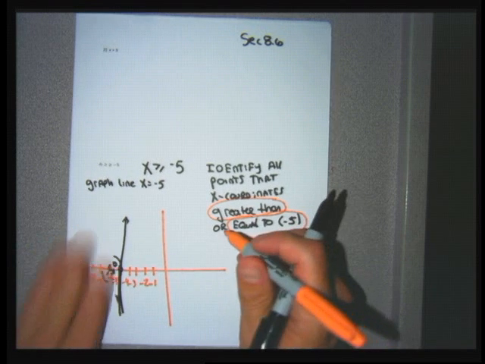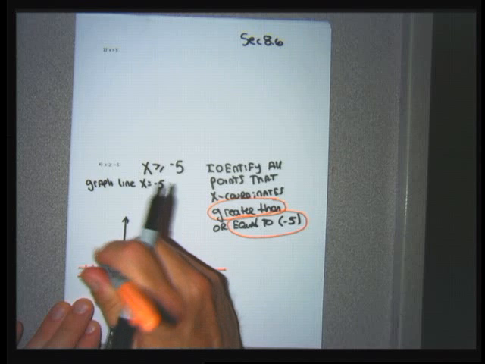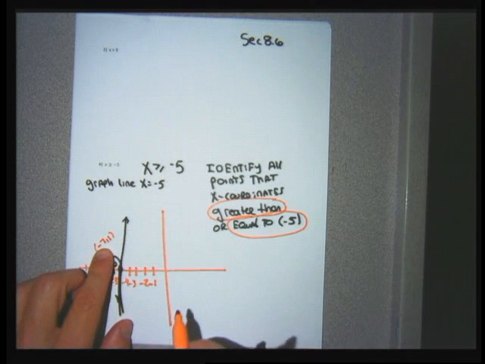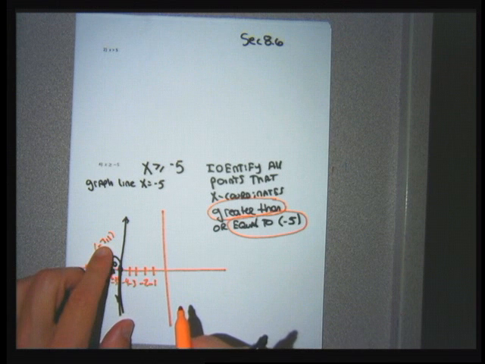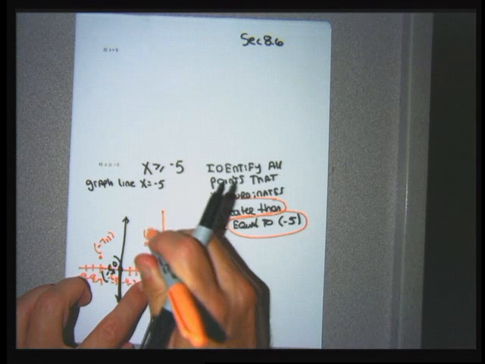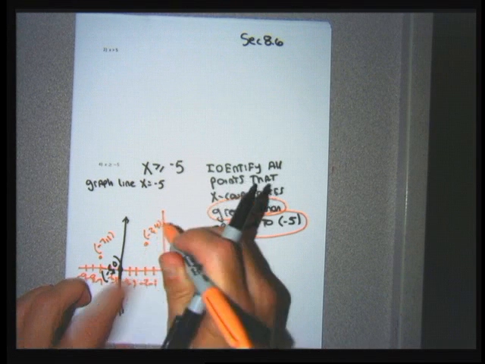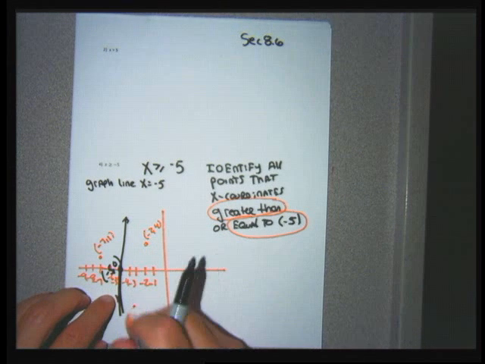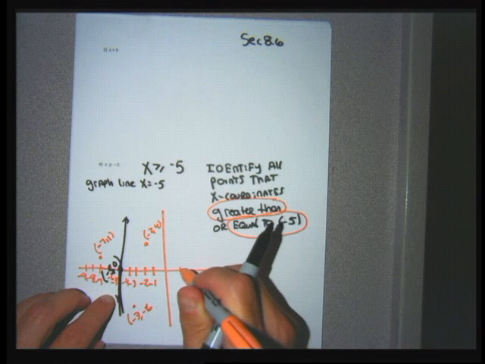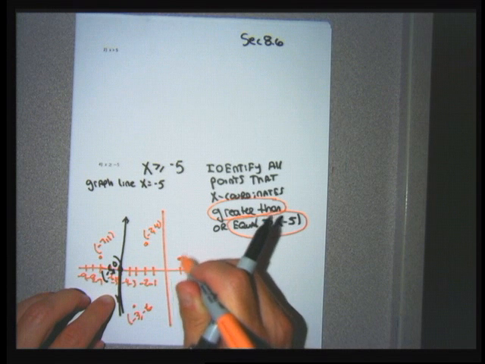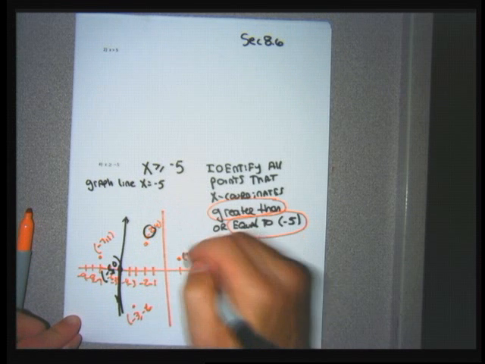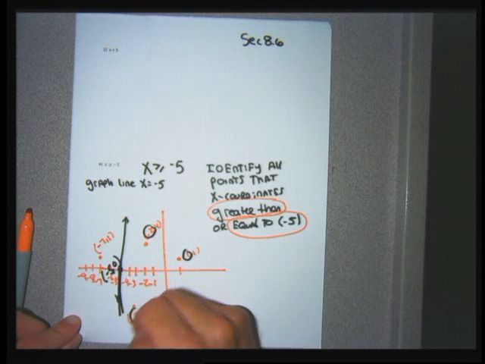Any point that's to the left of this line, like here the point -7, 1, its x-coordinate isn't greater than -5, so this wouldn't be a point I want to identify. But a point like this, maybe the point -2, 4, or this point -3, -6, or this point 1, 1,